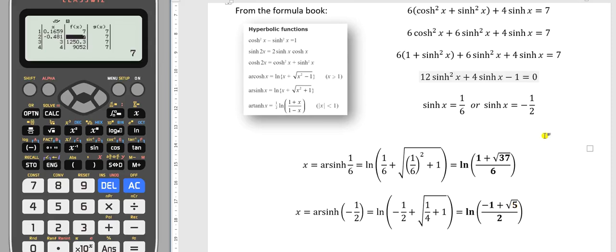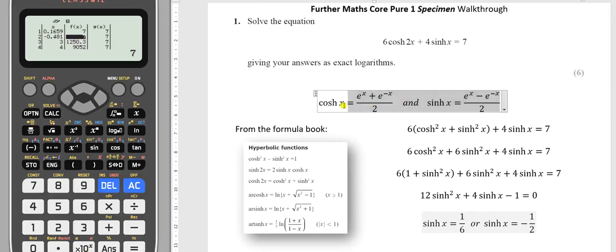Now, I said that I would show you the best method first. I'll also show you what happens if you attempt to use the fundamental definitions. Now, technically, you could use the definitions to derive these identities and then use the identities, but I'm going to show what happens if you attempt to use them